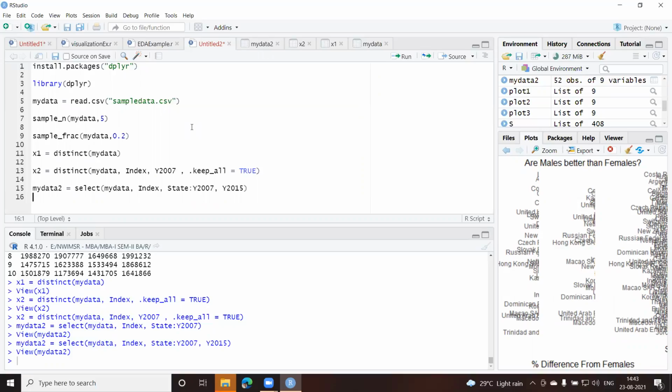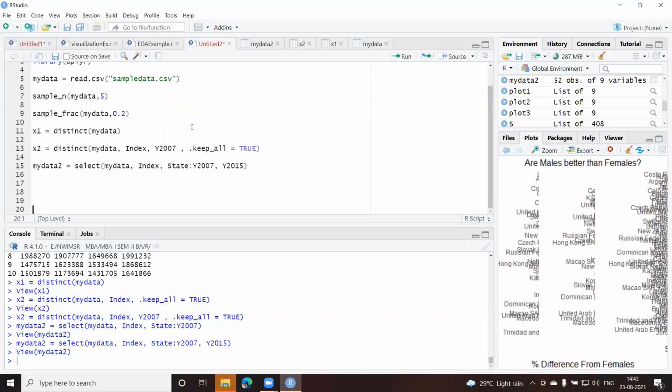What if I want to drop a particular variable or a column? If I want to drop a particular column from my selection, and I don't want index, I don't want the state, I want all the other columns. For that, let us use one more, my data 3.